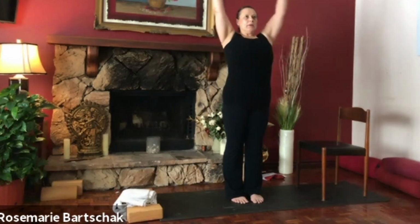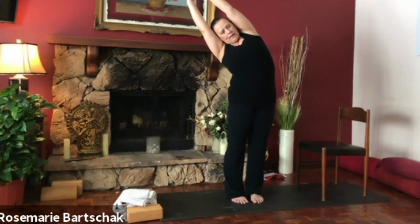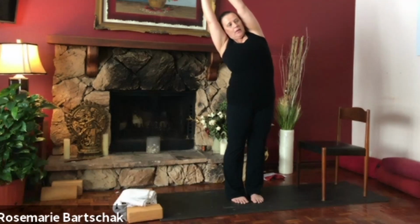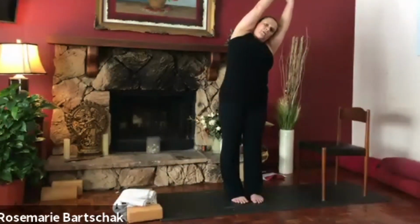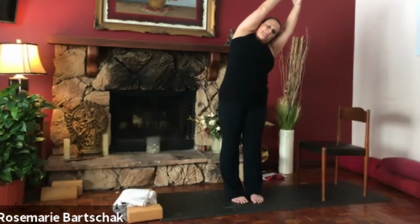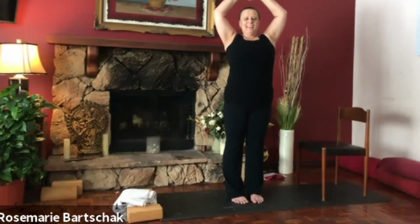Inhale all the way up. Exhale, see if you can stretch just a little taller. Reach, reach, reach, reach, reach. Exhale over to the right. And see if you can come just a little bit more over to the right here. Inhale back to center. Exhale over to the left. Inhale back to center. And exhale,